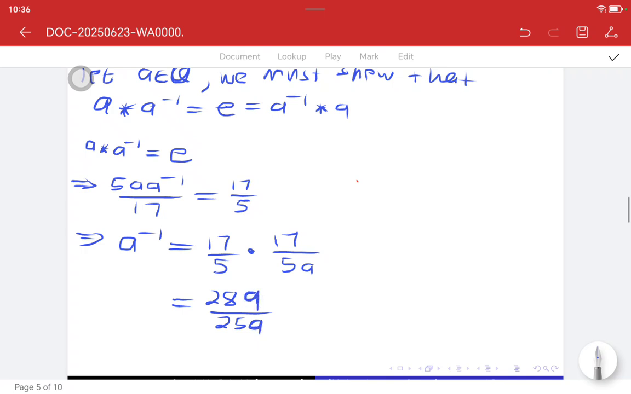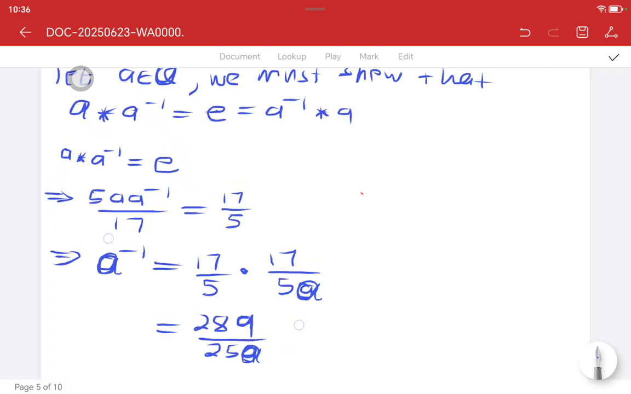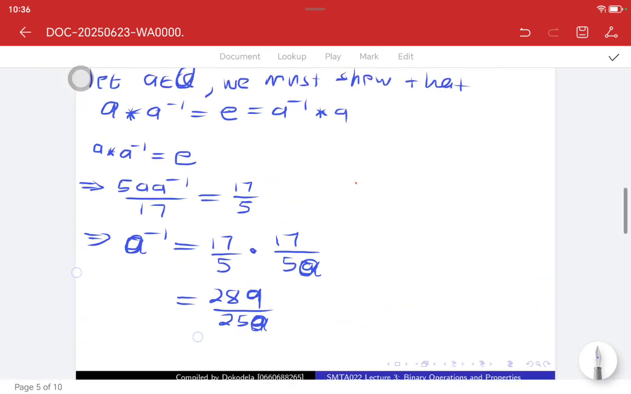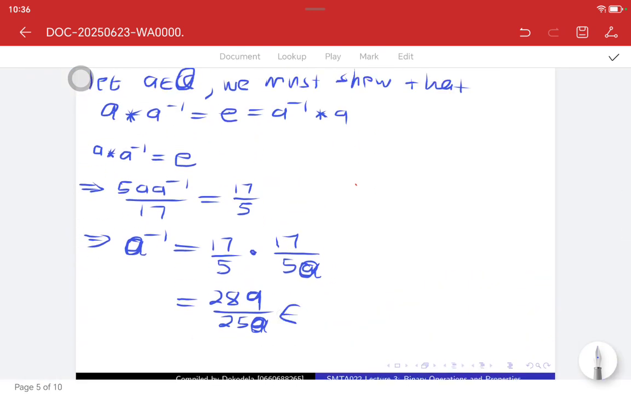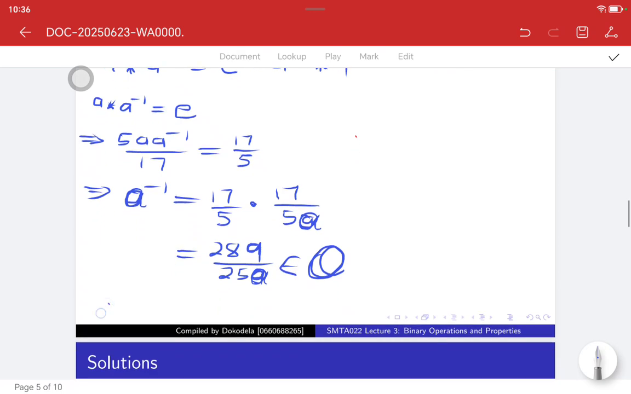Let me check, let me confirm this. Yeah, it's 289 over 25, so that this A doesn't look like 9, right? Yeah, so we're going to have this. Now, we see that this is our inverse. So the aim was to find an inverse. And this is an element of the rational numbers. We agree, right? So it means that, therefore,